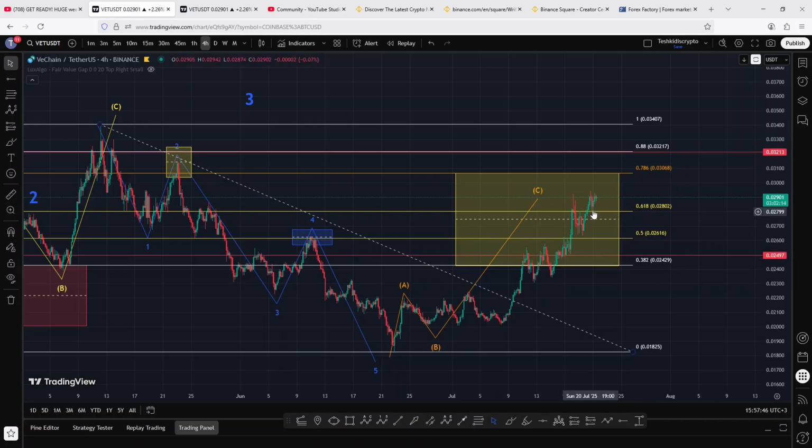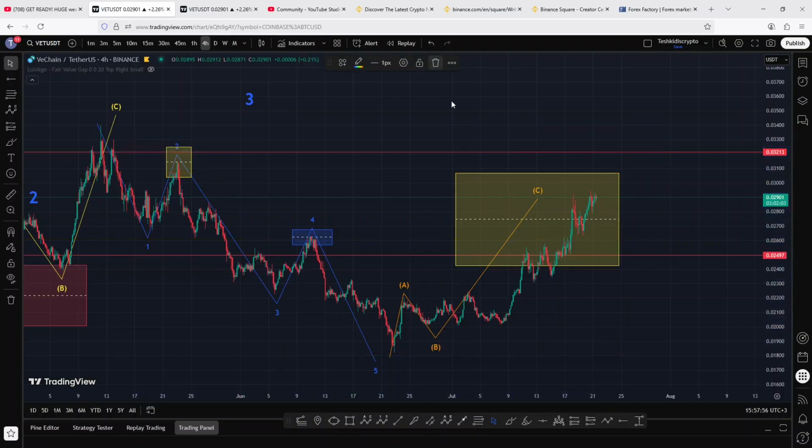And you can see that we have managed to get into this target area, and the area is now acting as resistance. And there are two possible scenarios that can play out over here. And the first one is that we can continue seeing that bullish momentum pushing the price even higher, and at some point give us a break out of the yellow target area to the upper side. The moment that plays out, then we can expect a break above resistance above the 0.03213,